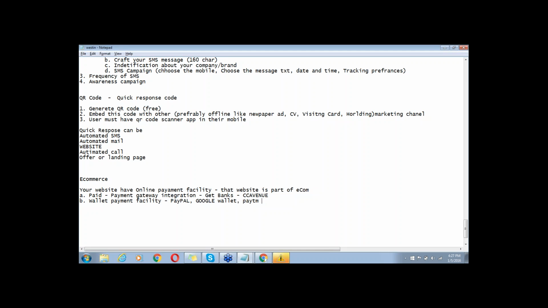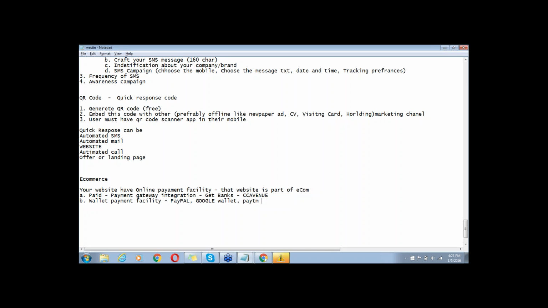What you can do is go to this website. Let's suppose you go to PayPal, and you will set up a merchant account, and in that merchant account you will provide all the information, like what amount you want to receive, what amount you want your customer to pay. Then you can select the look and feel of the payment button, and select on what page your visitor should land after payment, that is the thank you page. So you will set up that thank you page URL, and after providing all this information they will give you one code. You have to embed that code on your website.